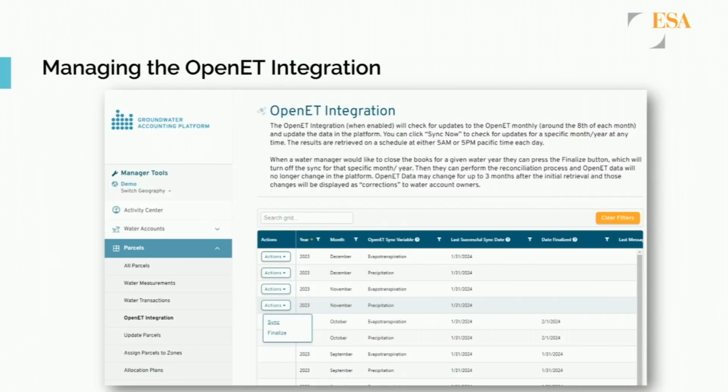Okay, how we manage our OpenET integration. Typically, we have a monthly job that runs around the 8th of the month that basically just pulls in monthly data. We fire off a series of monthly API calls per GSA, and then we slurp them in, apply our business rules, and then it gets